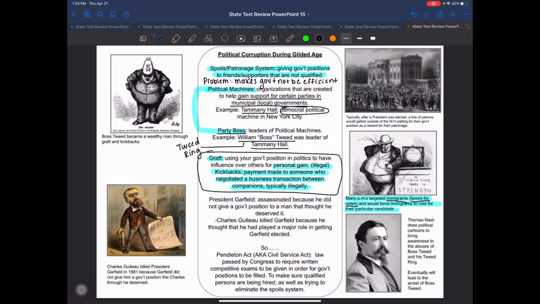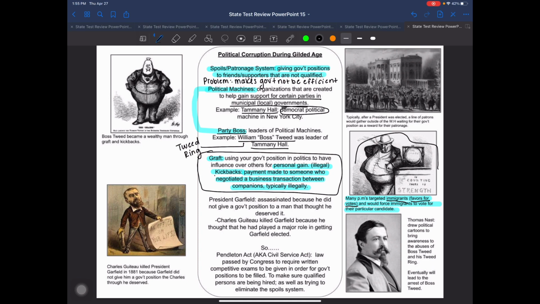So they'd get all these immigrants, they'd help find them a job because their buddy owns a factory, their buddy owns a tenement, they've got a place to live, and when it came time to vote, this political machine would go out, round up these immigrants, and go stand over them. And that's what you kind of see in this picture here. Stand over them as they cast their vote. And they would literally tell these immigrants, like, hey, I've given you this job. I found you this place to live. And on this paper, I want you to put a check mark by this person's name. You're voting for this person. So that's what we mean by an exchange of favors for votes.